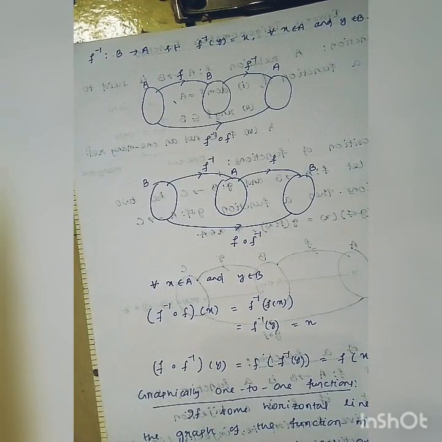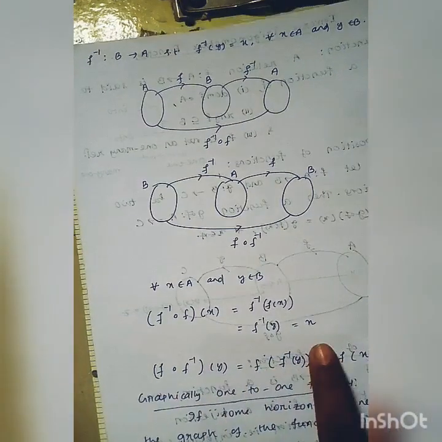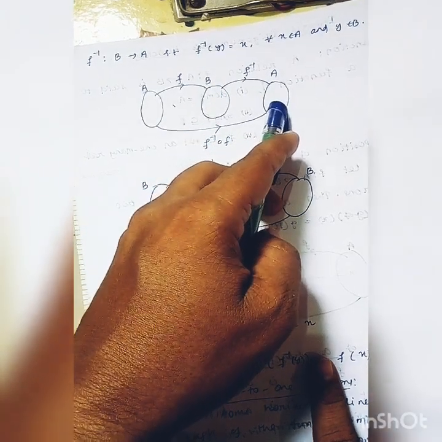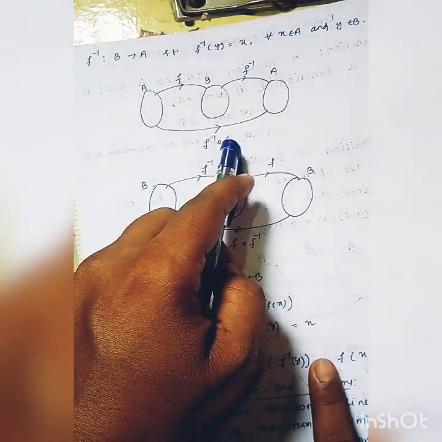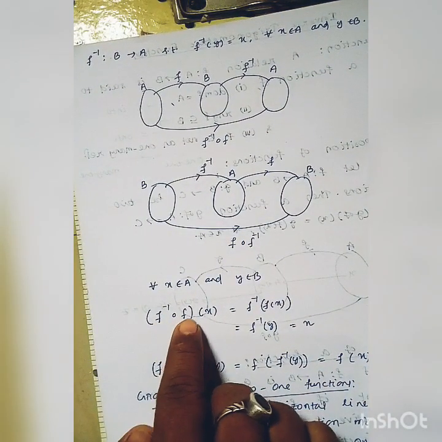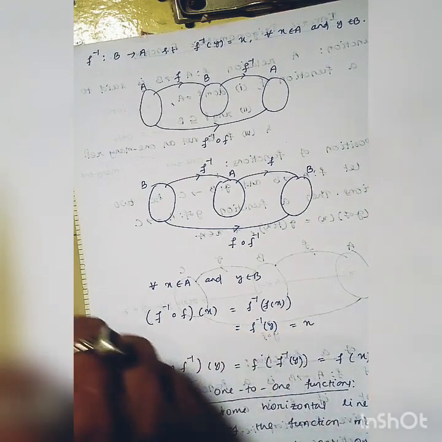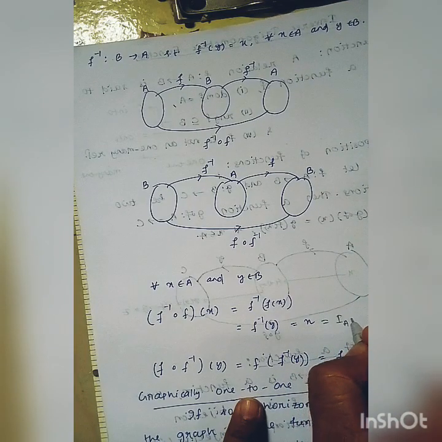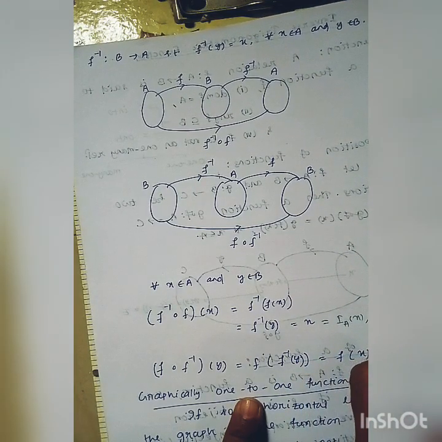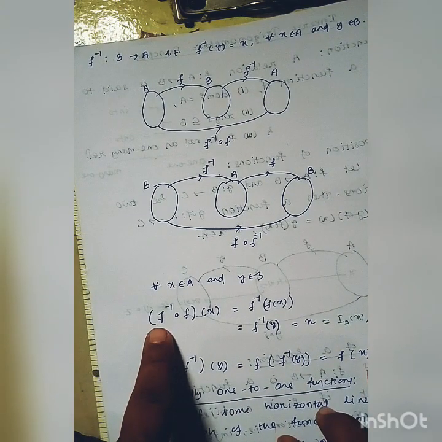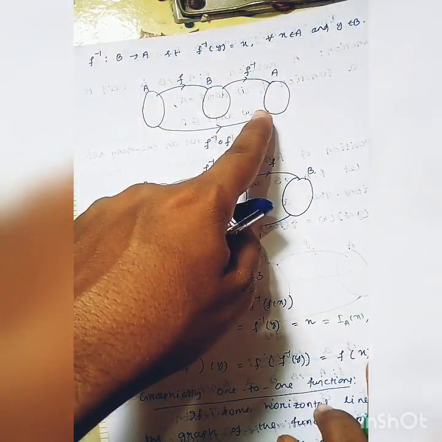Continuing with inverse trigonometric functions. We know, which we also read in the first class, that if f is a mapping from A to B and f inverse is a mapping from B to A, then f inverse operation f is a mapping from A to A, and we define f inverse of f of x equal to x, which we denote as I_A(x), for all x belongs to A. That is the identity function in x, because f inverse operation f is a mapping from A to A.